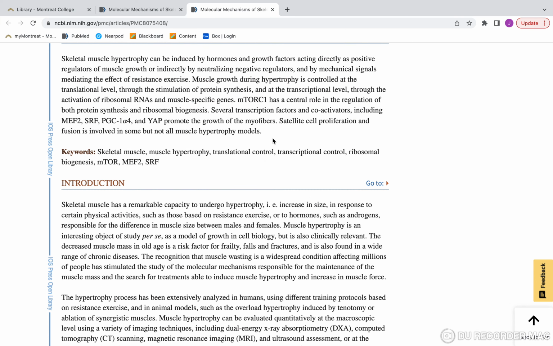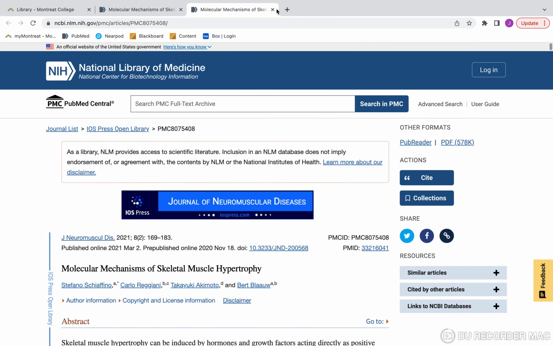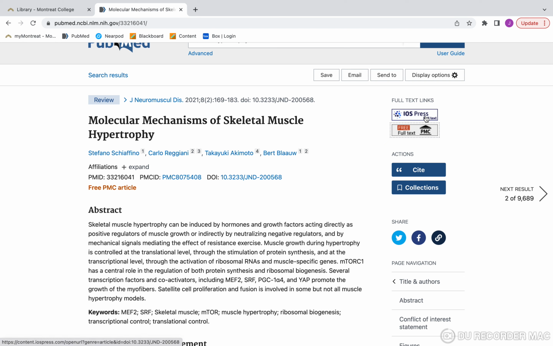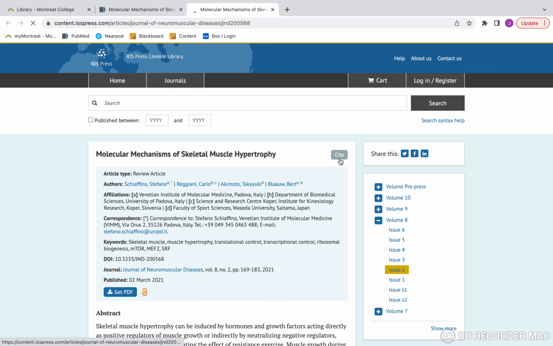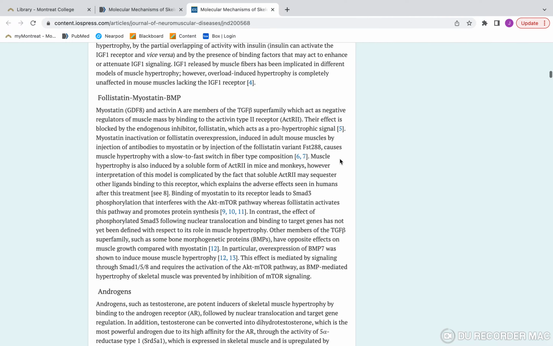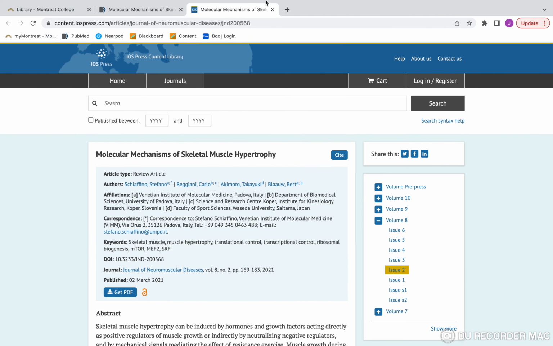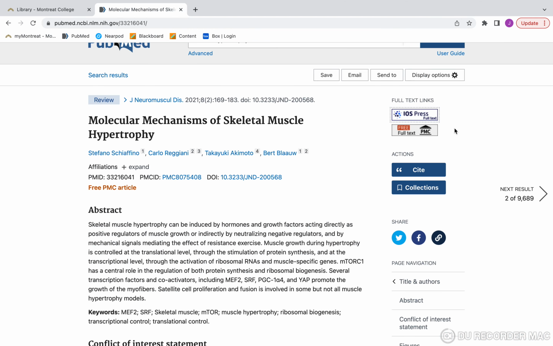Now, free full text might not always be there even when they have a free full text. So if we go back to this page here that we were at a second ago, you can see there's another link through, it looks like probably the journal that actually published this article. And again, we get that free full text. If you cannot get a free full text off of this, that's where you go to that interlibrary loan and they'll track it down for you.